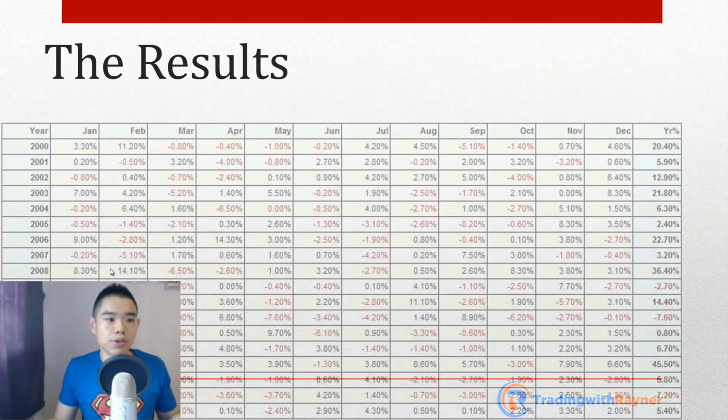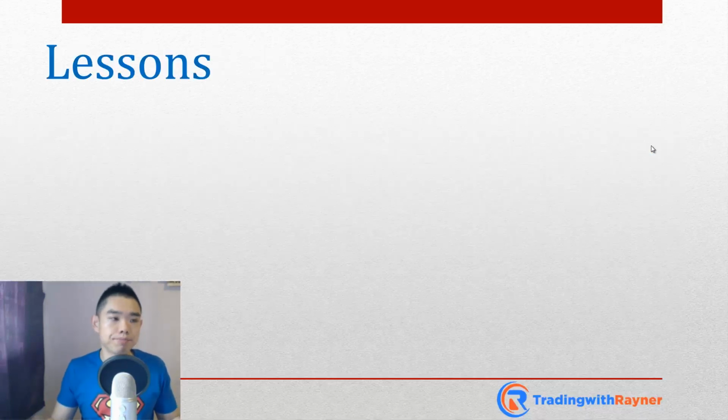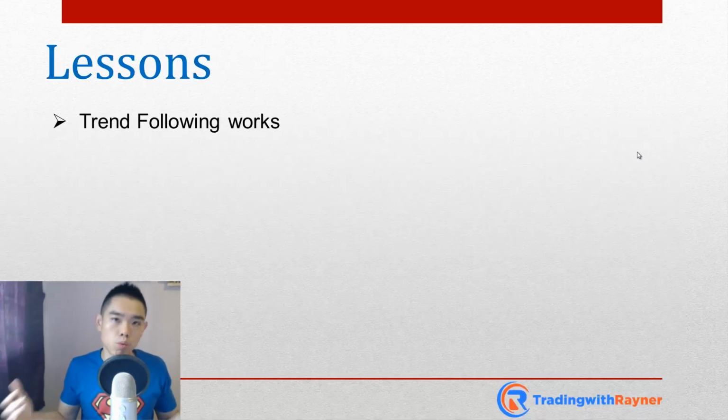So what are the lessons here? But before we talk about the lessons, let's have a look at the month-on-month and year-on-year returns of this strategy with 20 markets. Generally, the majority are winning years. The 2008 financial crisis even had a return of about 36%. So generally, a profitable strategy that beats the market. And the lessons learned. Number 1, trend following works.